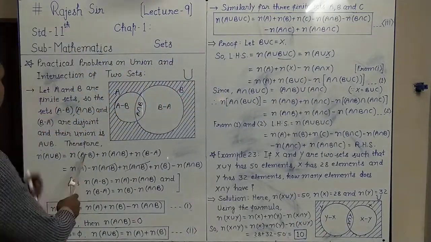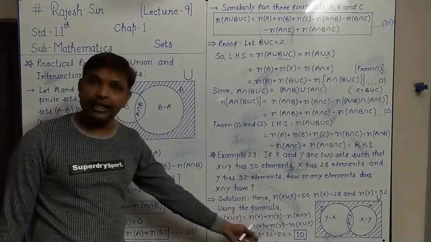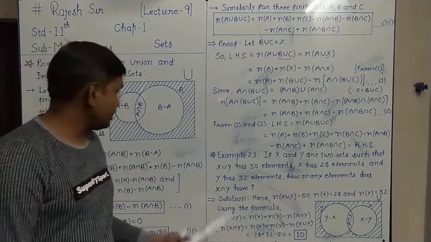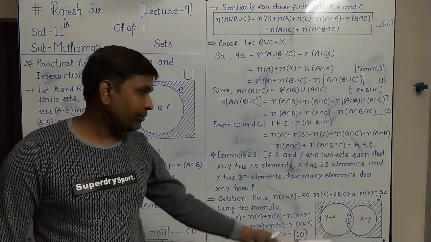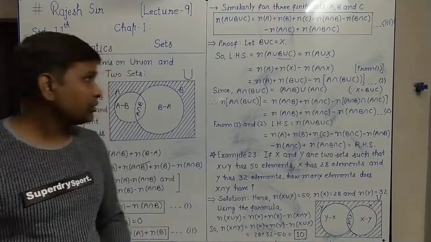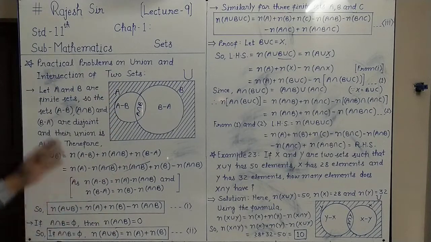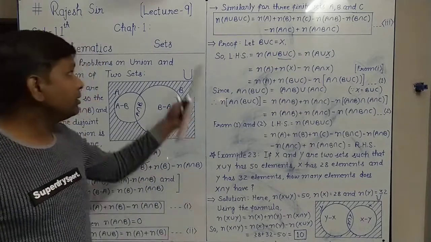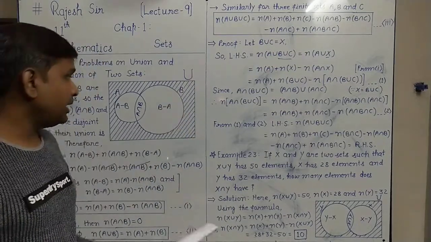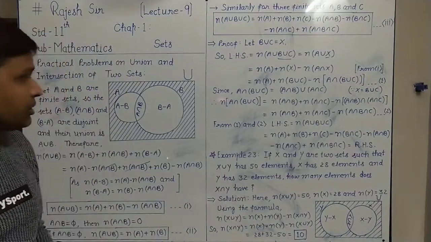As we have started with this, you will get this formula. So this formula we can directly use now, because we have once derived it. So we have used it directly, or you can verify and then use it. This way we have the practical problems on union and intersection, but before that we derived some formulas. So you are also suggested to derive the formulas this way, and remember them. And in an example, how we can use it directly, we have seen. Some more examples we will see in the next lecture.